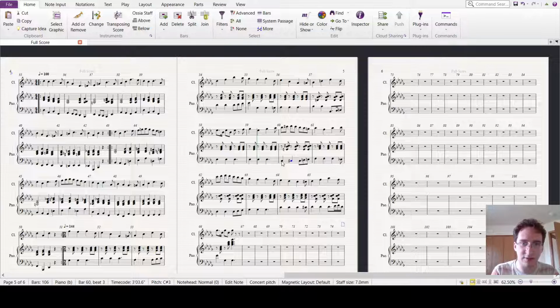So we want a C7 here. And then a D flat 7 going to G flat, that makes sense. And then there's going to be another C natural, because there's no